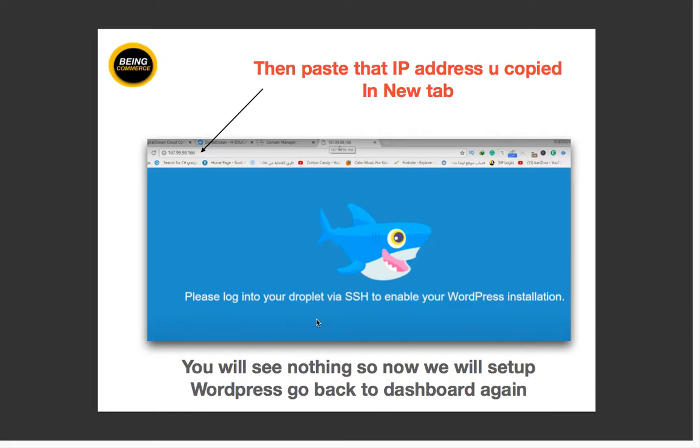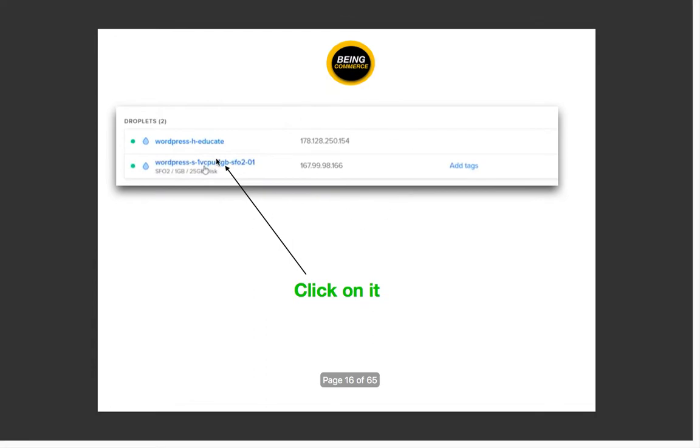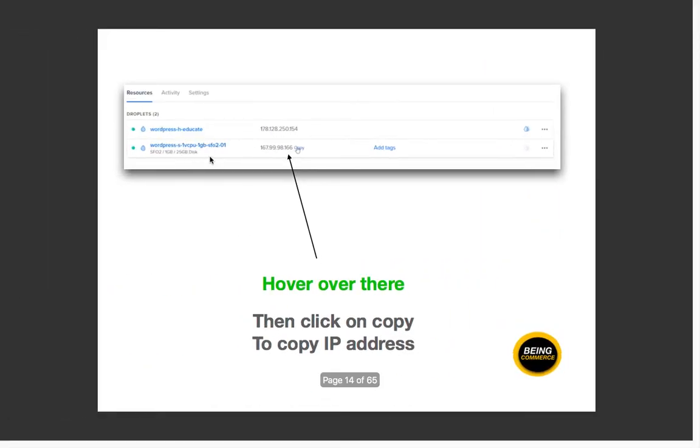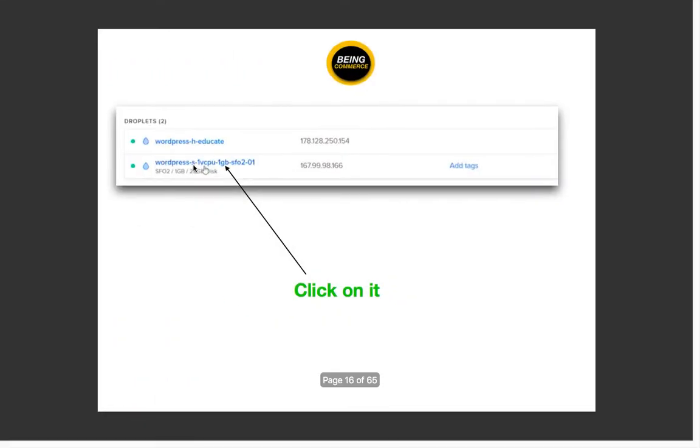To install WordPress, we again have to go to our DigitalOcean dashboard. When you go to the DigitalOcean dashboard, here WordPress and this code is written, and you have to click on here. So I will click on here.